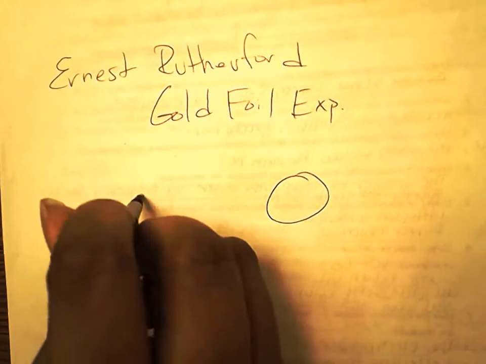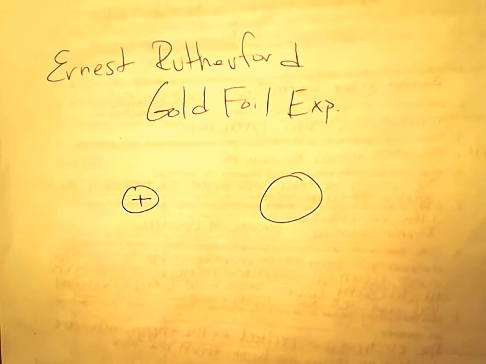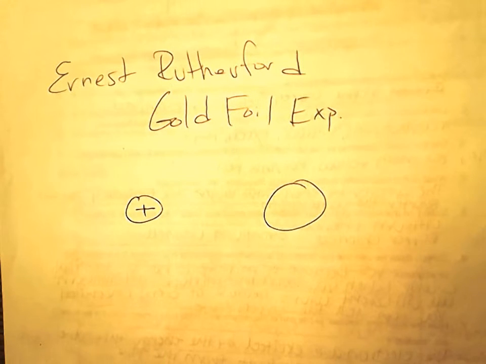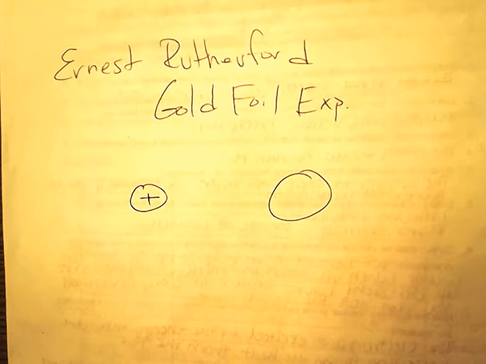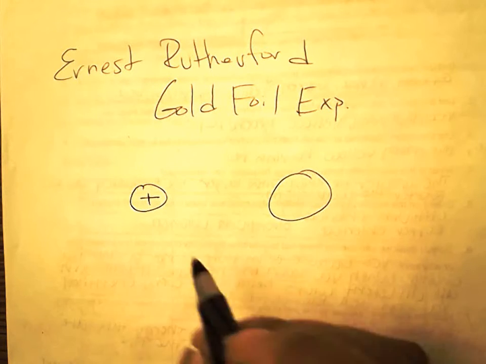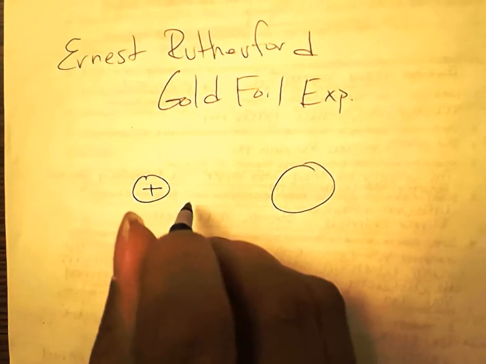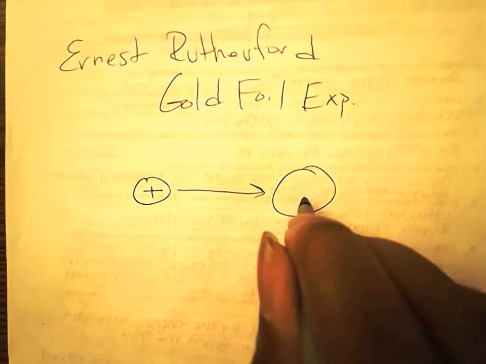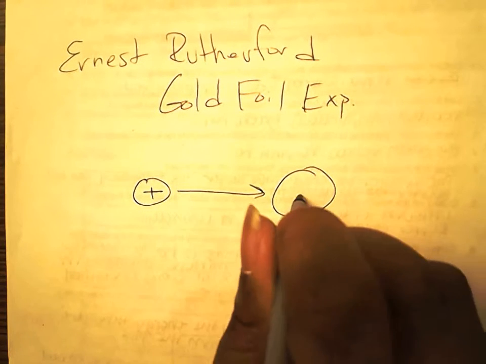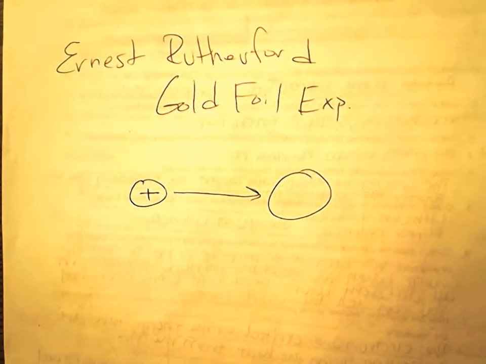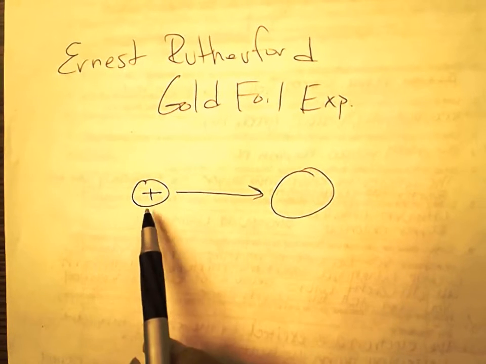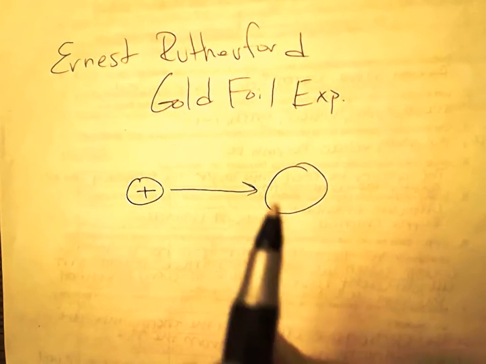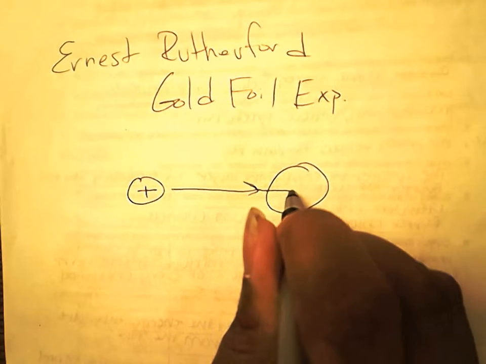He was shooting positively charged particles, alpha particles, or what we were calling them. Other people call them, I guess you could say hydrogens. He was shooting positively charged particles at gold atoms. Now, he was not aware of what was inside of the atom, but what he did know is that if he was shooting those positively charged particles toward the atom, if it would hit towards the middle,